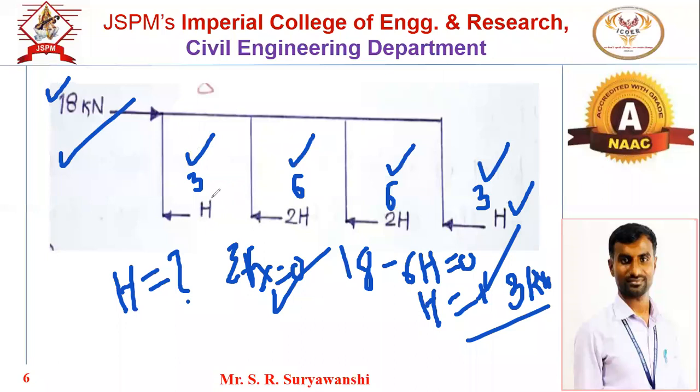Now once you get the horizontal shear, next you have to take the section at mid span of the beam, and then you will get the unknown forces, and those forces you have to find out using available conditions, Fx, Fy, moment. Now tell me, if I take the section at mid span of the beam, how many unknowns will I get at that point?